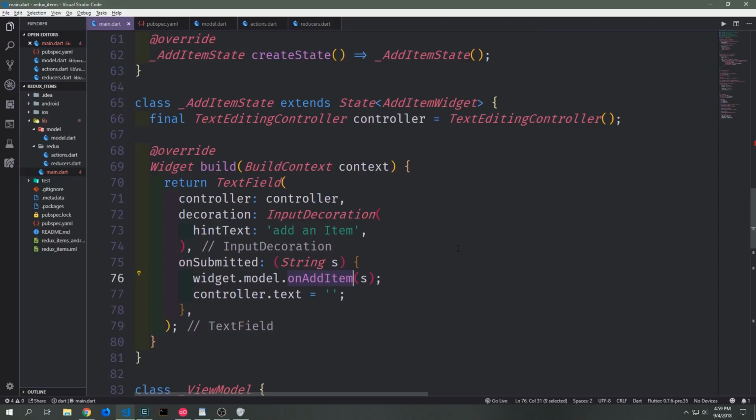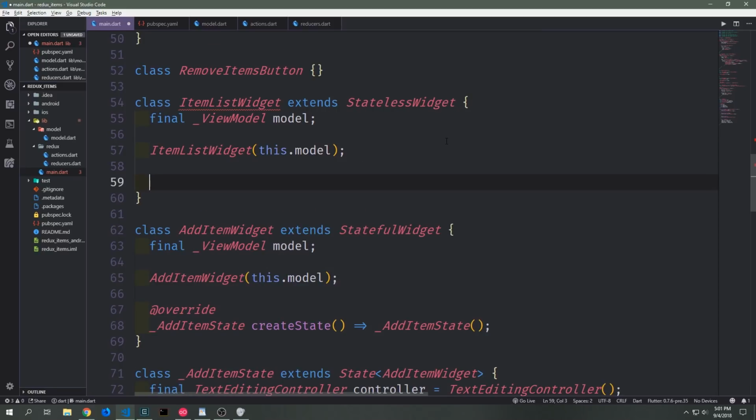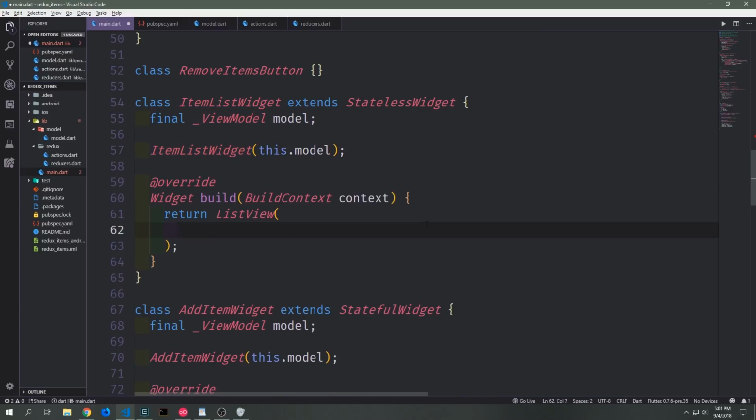Now let's work on the ItemListWidget, which will be a stateless widget. Again, because we passed in the view model, we need to define the view model here and then pass it into the constructor of this widget. The main widget of this widget will be a list view, which will display all of the items inside of our app state. We can do this by calling